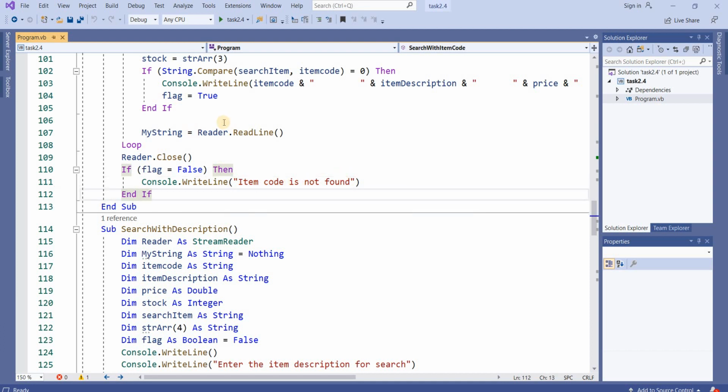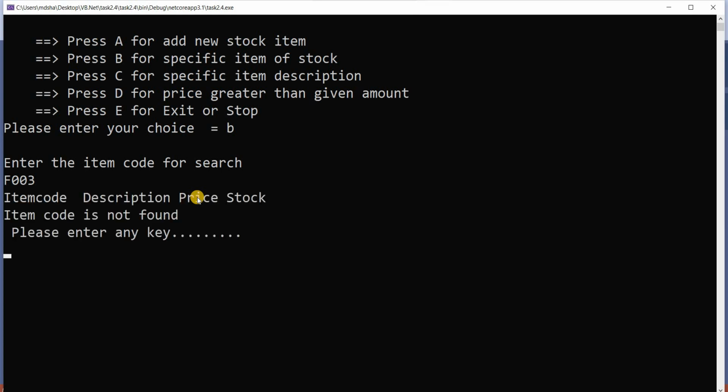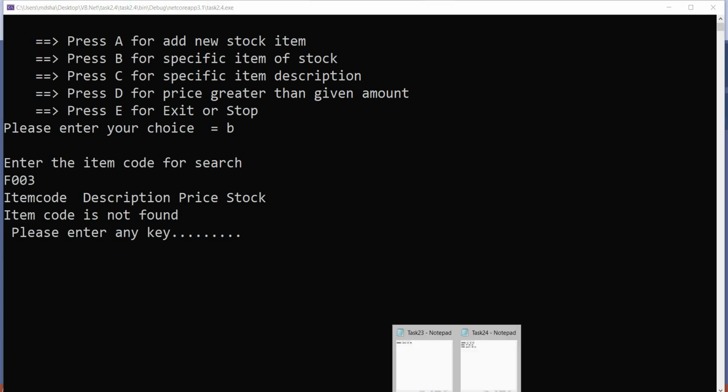Now I will show you how it will work. I press small b for a specific item of stock. Now I will enter the stock item, F003. It shows item code is not found. Okay, what is the file name?